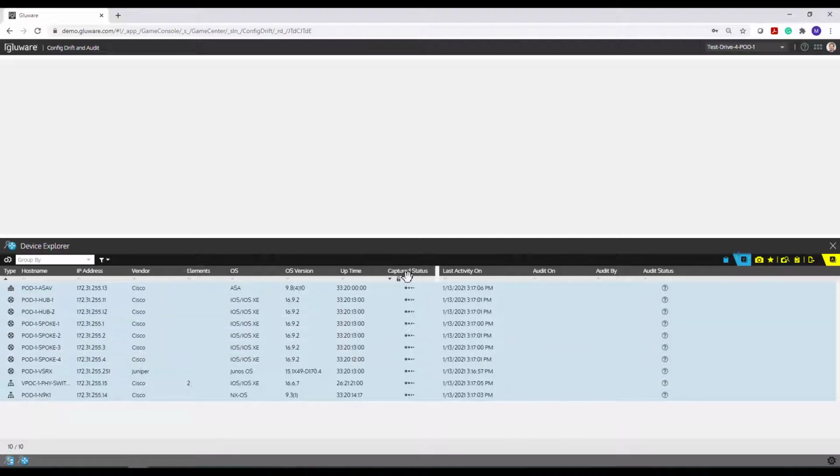And what you're going to see is similar to when Gluware went out and interrogated the devices for the inventory. Gluware is capturing the configuration, and you're going to begin to see these icons come in. These interlaced circles basically mean there's no change. And the reason there's no change is that if we jump in and pick on, like, spoke 1 here,